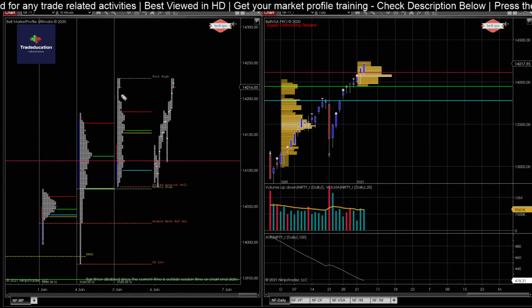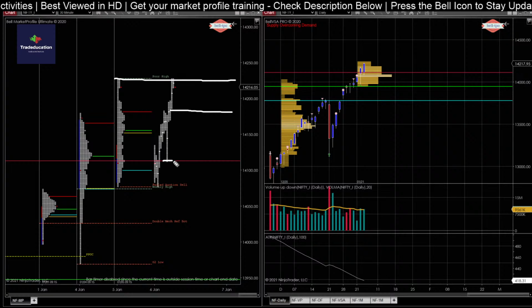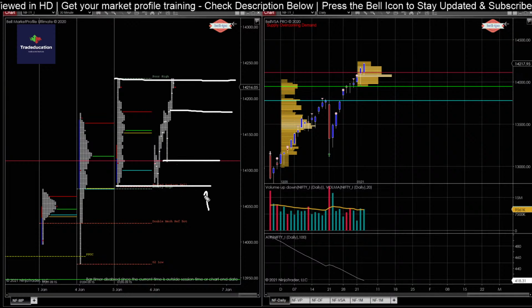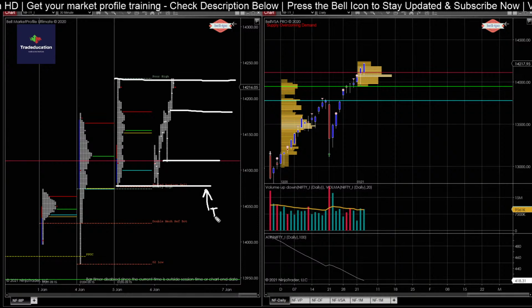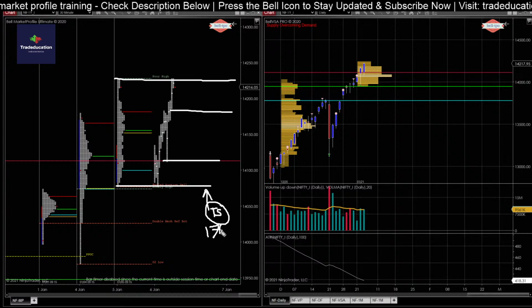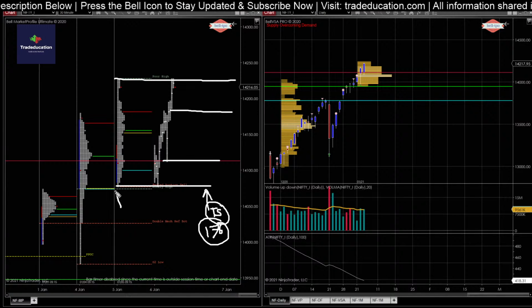So first of all, we have a poor high, a halfback, a pullback low, and we also have a poor low. So there are trapped sellers here. Not big volume, there are some 176 or 180 trapped sellers. So not big volume, but I'll keep it because there are trapped sellers present pretty close by to the